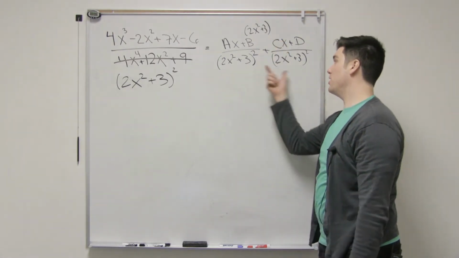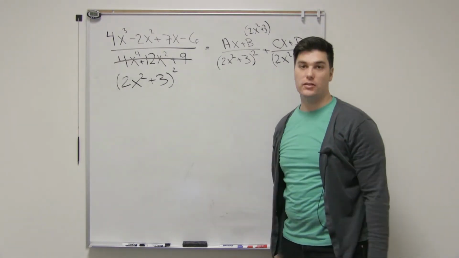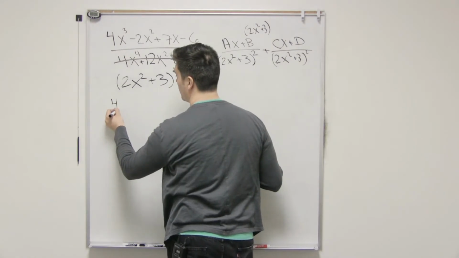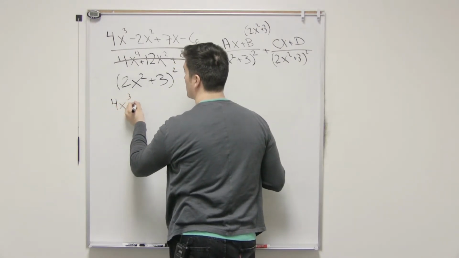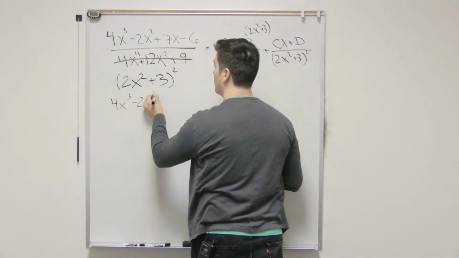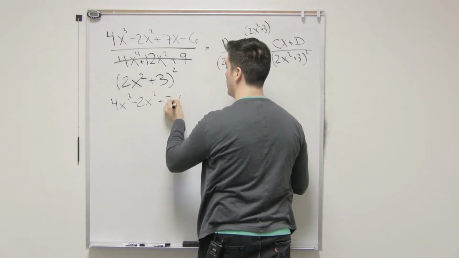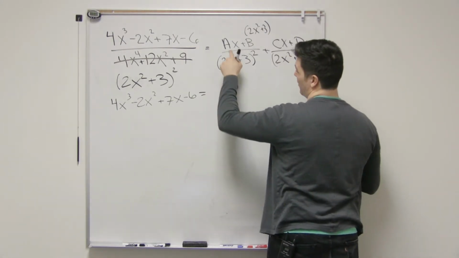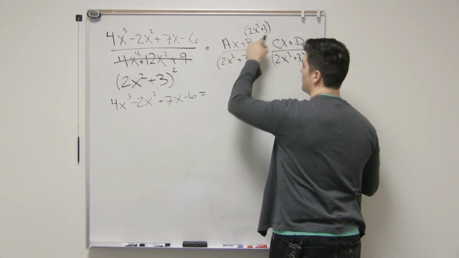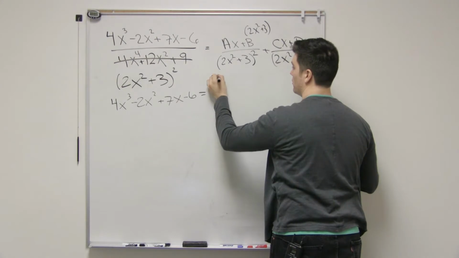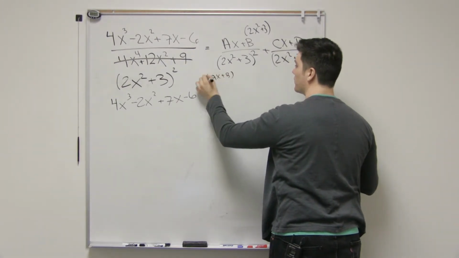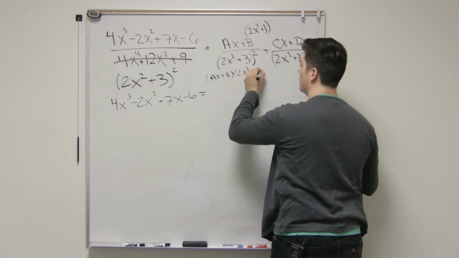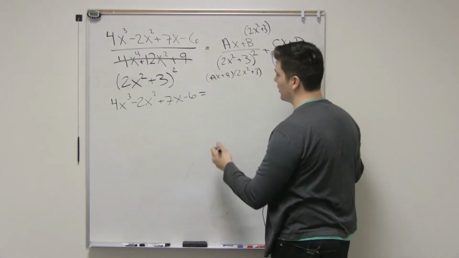And now we have common denominators, and as we combine them, we're just going to ignore the denominators. So the next line we will write will be just the numerators. So plus 7x minus 6 is equal. Now we've got ax plus b times this, so I'm going to write that right here because we are going to need to FOIL that out,